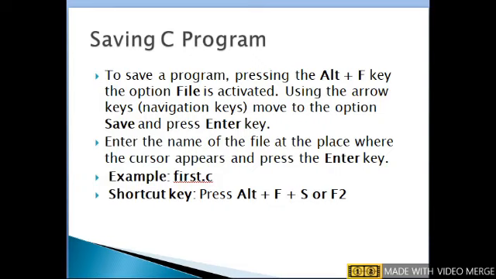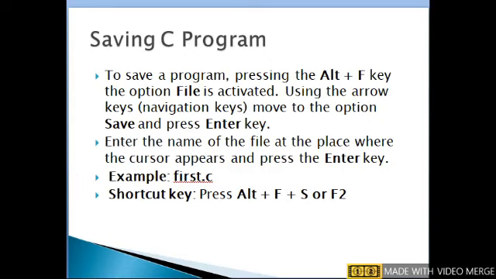To save a program, press Alt plus F key. The file option is activated. Using the arrow keys on the keyboard, move to the option save and press enter key. Then it displays the save as dialog box. Enter the name of the file at the place where the cursor appears and press enter key.